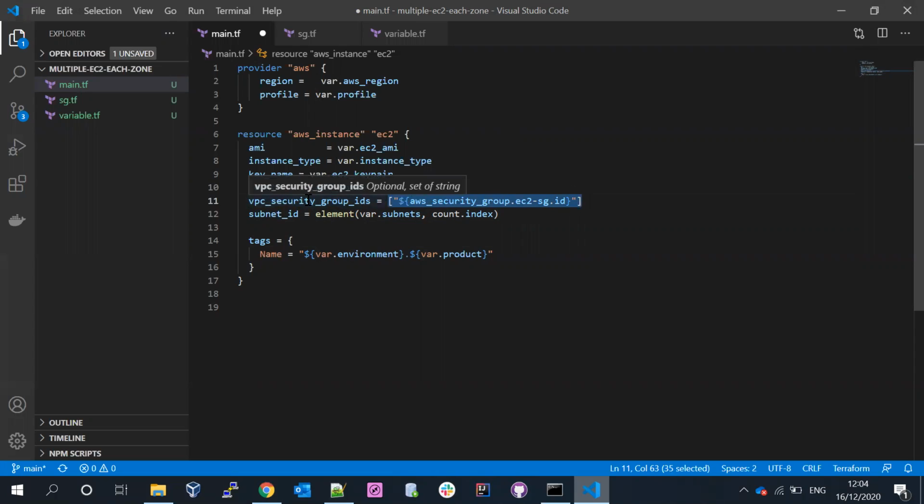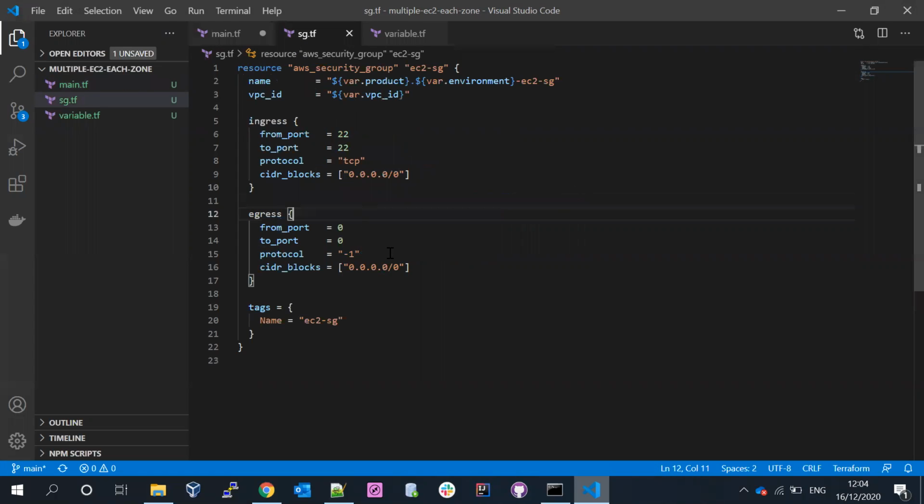This is basically what I'm trying to say. I want to create an EC2 instance, and in the EC2 instance I want to attach one security group. If you look at this syntax, I have one more file called sg.tf. Inside sg.tf, this is one more resource which I'm using to create the security group. And ingress means, let's say for example, you have created the EC2 instance,